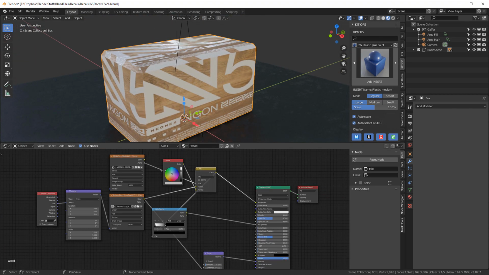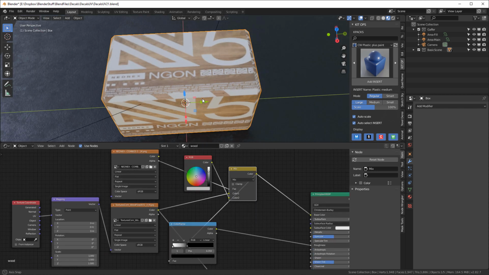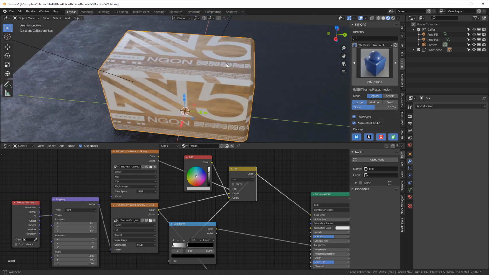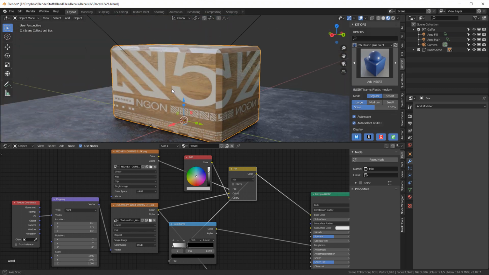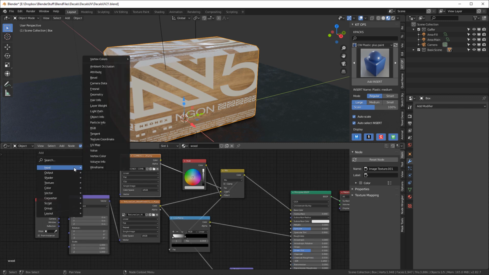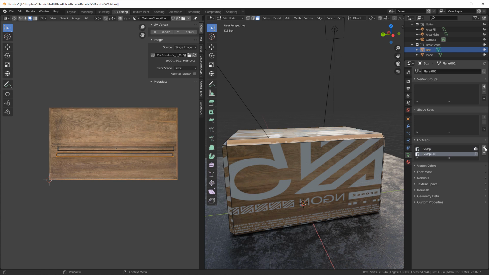Now one thing that we're going to want to do is make sure this is not a repeat for this decal. So I'm going to go here and say clip, and that means it won't repeat, because it's basically scaling one to one on each side. The other thing we want to do is Shift A, input UV map, and I'm going to hook the UV to this vector. Right now we're using the default UV for this, but we're going to change that in a second. So with this selected, we go over to UV editing, and I'm going to hit this UV map button, and let's just call this one decal